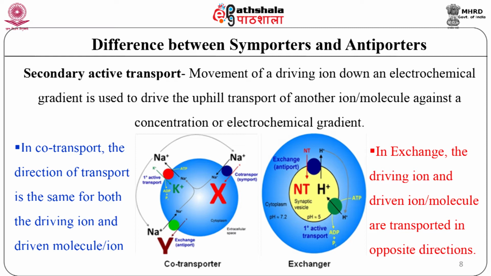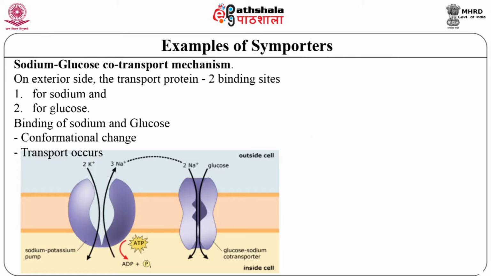In the figure, X and Y represent transporter substrates, and P is inorganic phosphate. Symport. Symport or cotransport means that a molecule is allowed to be transported from a high to low concentration region while moving another molecule with it from low to high concentration. It in fact is like pulling the other molecule along with the driving molecule or ion into the cell. An example is the sodium glucose cotransporter.